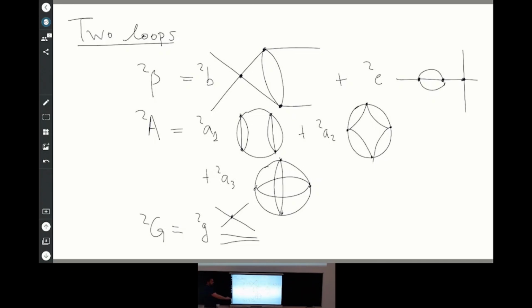But it turns out you don't need it at this order. You can set it to 0, and you can still satisfy these equations using these coefficients over here. So the flow at 2 loops is gradient without the need for a non-trivial, non-globally flat metric. So the metric can remain globally flat. You don't have to make it globally flat. You can choose it to be anything you want and still satisfy the equations. Okay? So at 2 loops, the flow is again gradient.